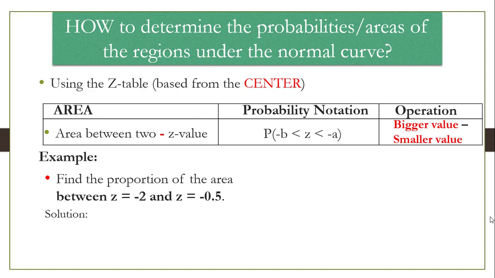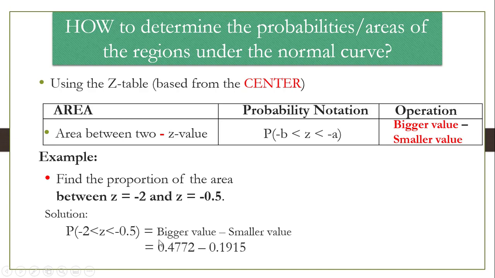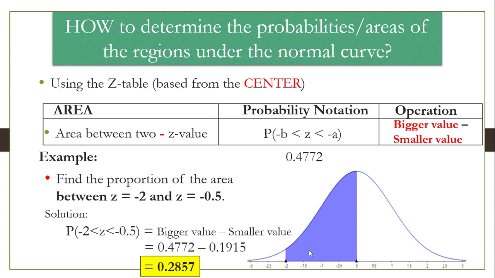So, the solution would be probability of z is greater than negative 2 but less than negative 0.5. Okay? So, we will get 0.4772 minus 0.1915. Okay? So, we will get 0.2857. Okay? So, to illustrate that one, suppose we have